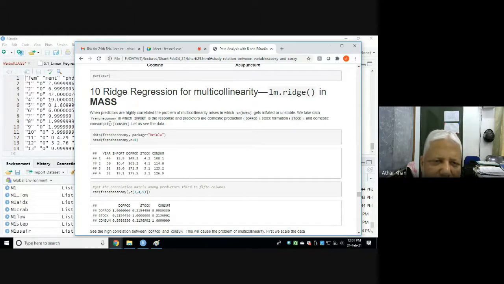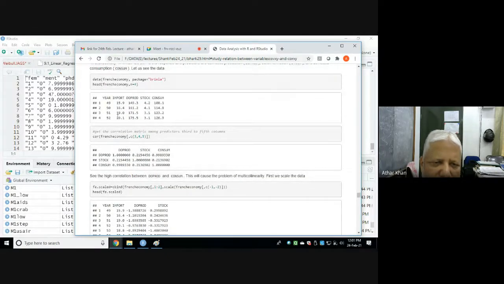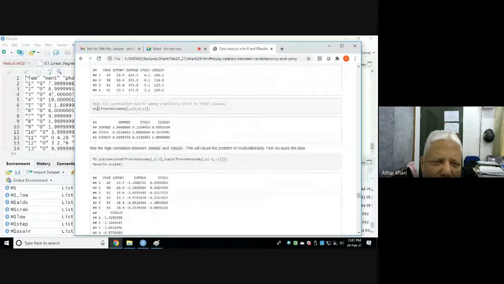This data is available with the package brinla. You can install that and see the head of the data. And this correlation coefficient shows what? There is high correlation between stock and consumption. See, and this creates the problem of multicollinearity.